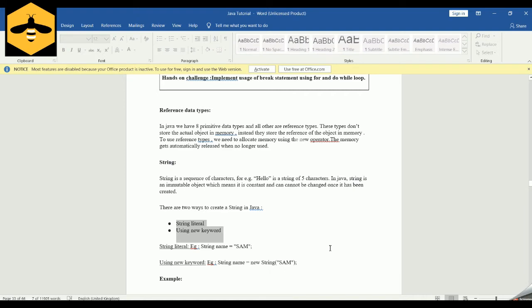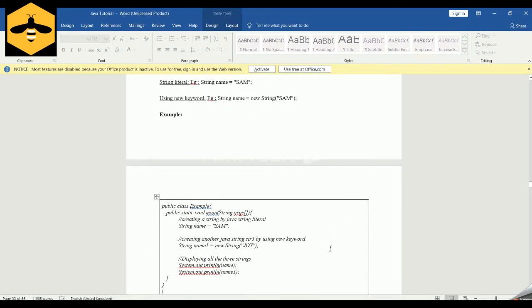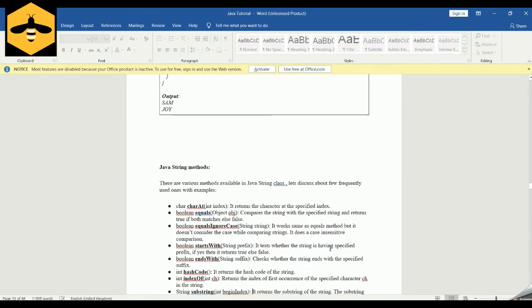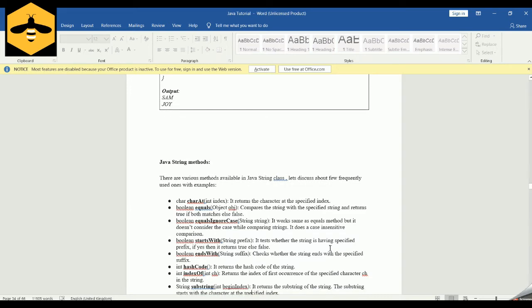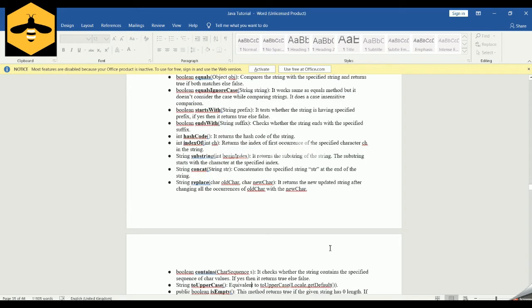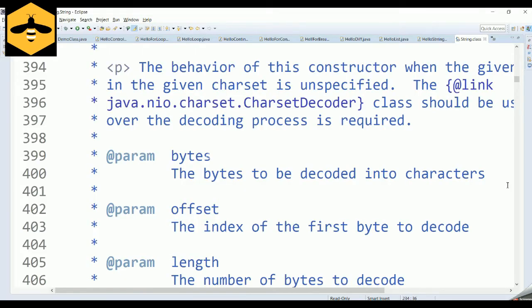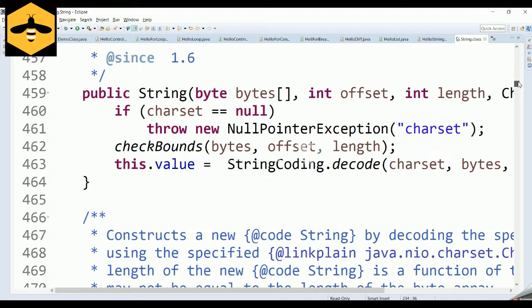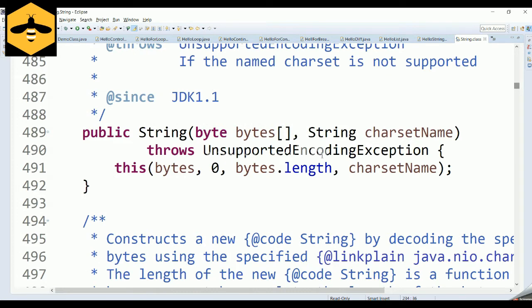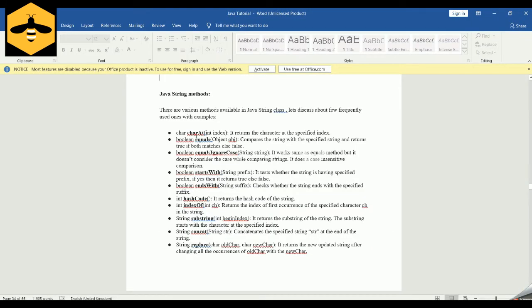So I have documented a few of the most commonly used methods. Let us try to check each and every method in detail. There are ample methods given by Java for a particular string, but I have taken some of the most commonly used string methods. If you inspect the String class, you will get to know what other methods are available. To start with, let's check the charAt method which is provided for string.